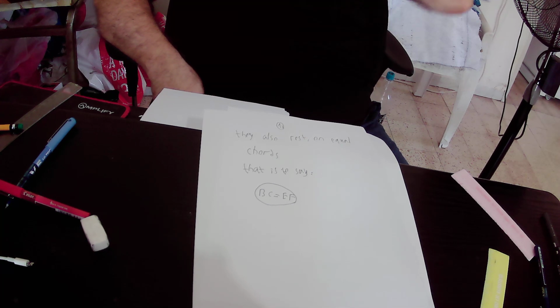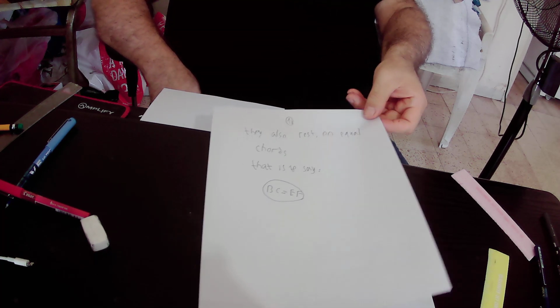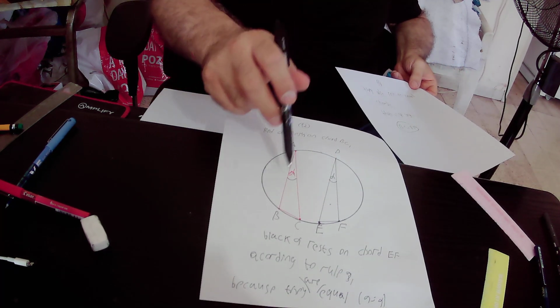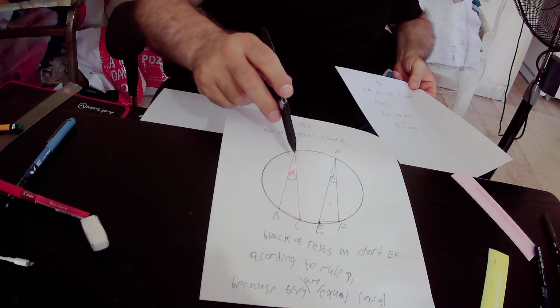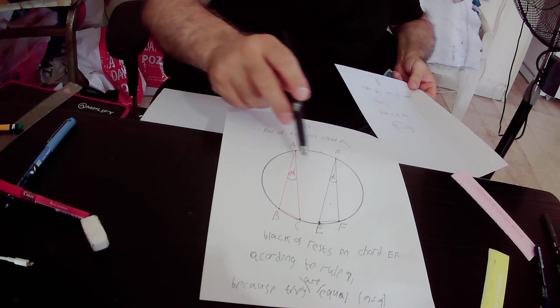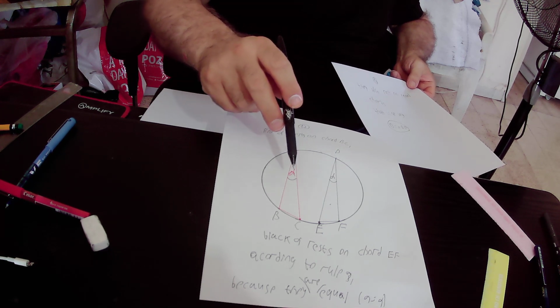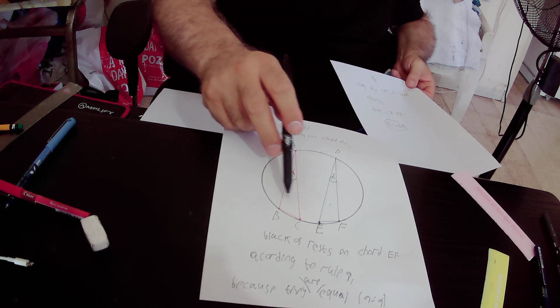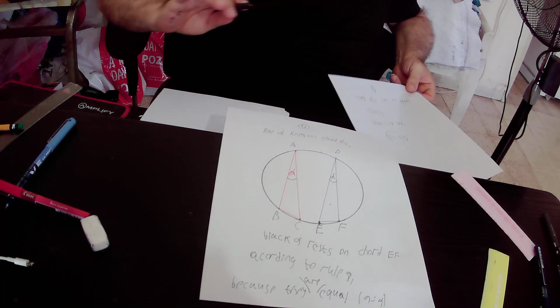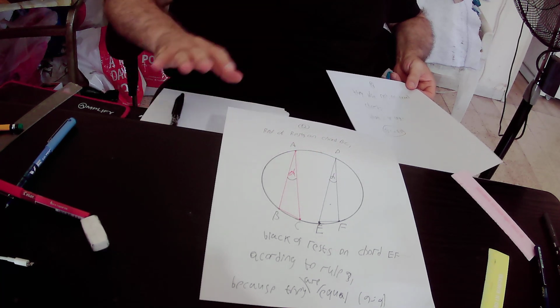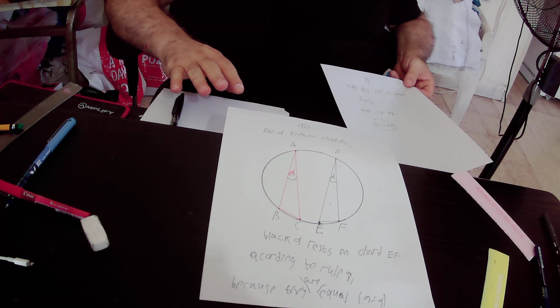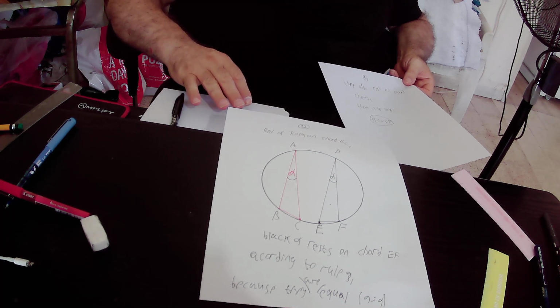That is to say, BC equals EF. So this is the explanation of rule number 3,